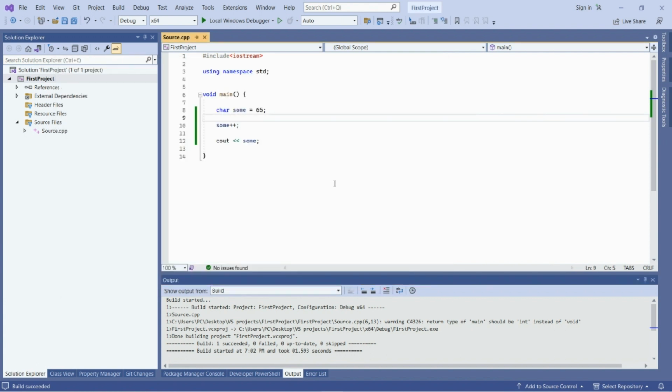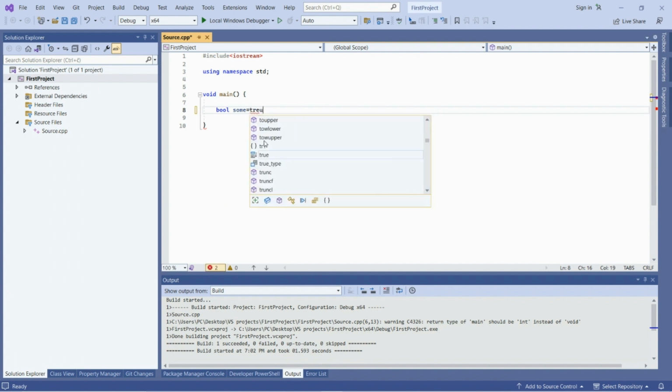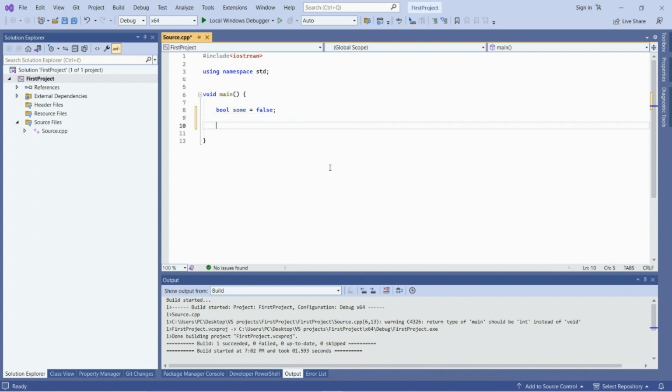And let's now move on to the logic data type Boolean. To declare a Boolean variable, you need to use the keyword bool and then an identifier. And you can only assign two values, true or false. But if you print a Boolean variable, it won't print true or false.